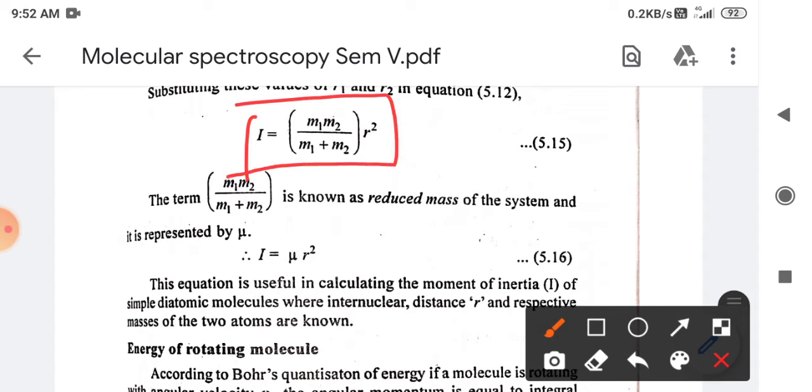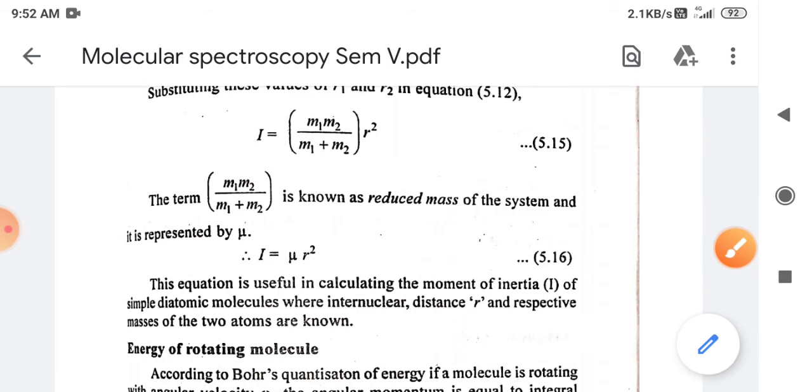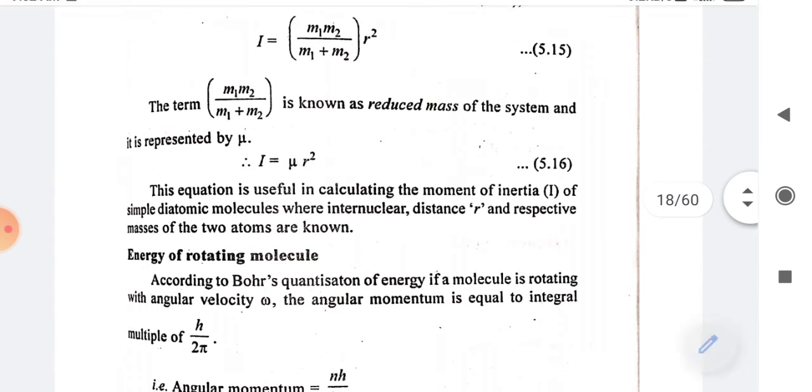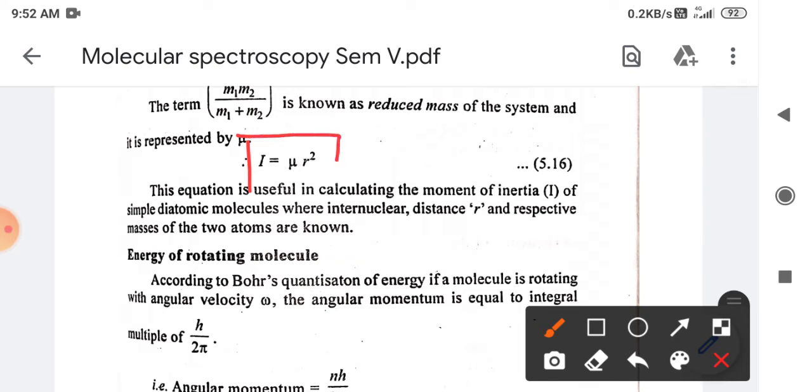Okay, m1 m2 upon m1 plus m2. This term, m1 m2 upon m1 plus m2, is called the reduced mass of the system, and it is represented by the symbol mu. So we can say I is equal to mu r square. This is the important relation for the moment of inertia of a rigid body. So this equation is useful for calculating the moment of inertia of a simple diatomic molecule, where